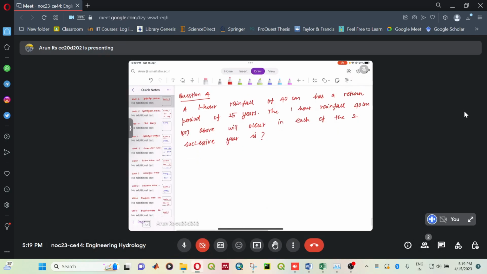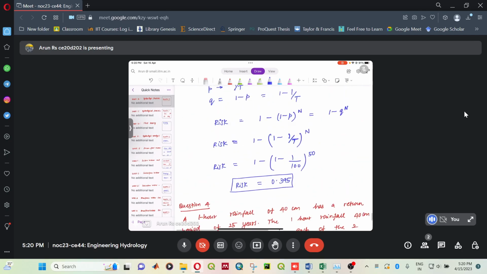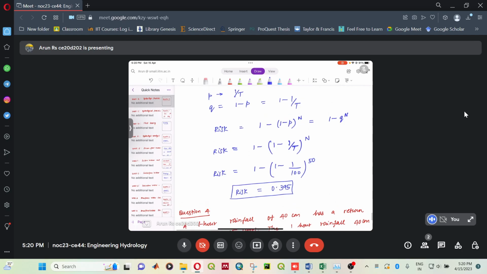So we can move on to the next question. This question is a little bit tricky. A 1 hour rainfall of 40 centimeter has a return period of 25 years. The 1 hour rainfall of 40 centimeter or above will occur in each of the 2 successive years. Till now we have seen "will occur in 2 successive years" or something like that. So we'll be using this kind of the previous question approach to solve the